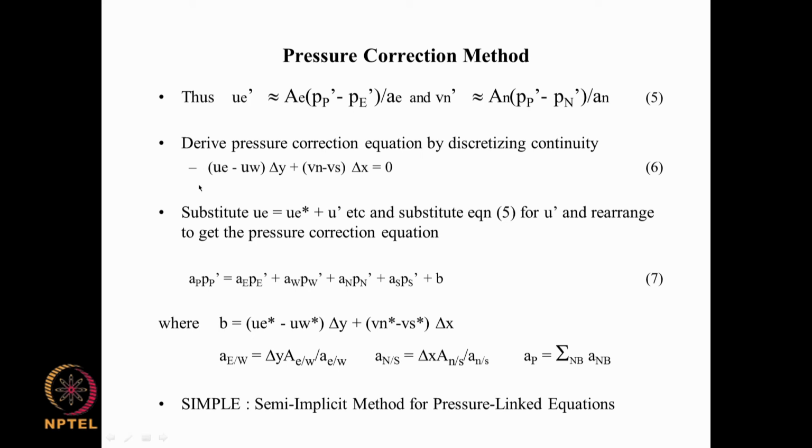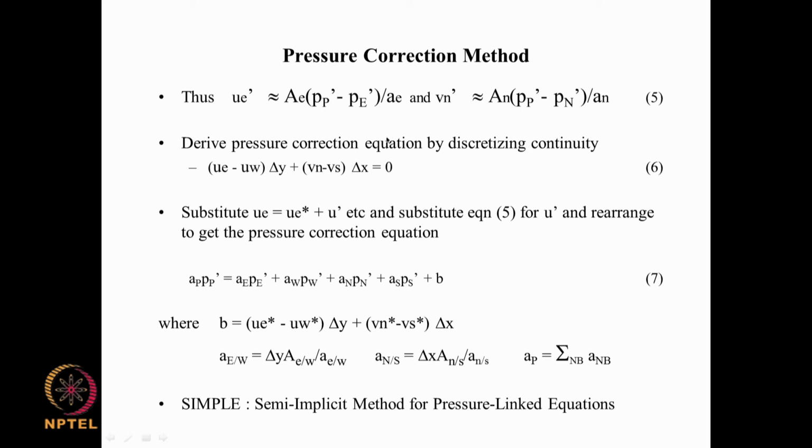Okay. So, now we already know what this u prime is roughly in terms of p prime and pressure corrections. So, we substitute u e prime equal to a e times p prime small p minus p prime capital E by small a e. Now, all these coefficients are known from the geometry, which we will see in the next lecture. We can evaluate those things, and so we can substitute all the u's with corresponding pressure correction differences,